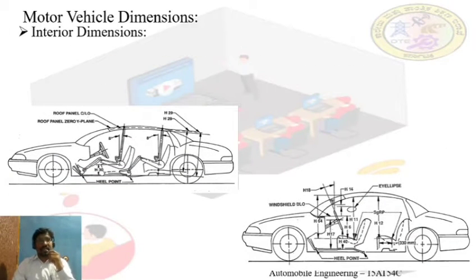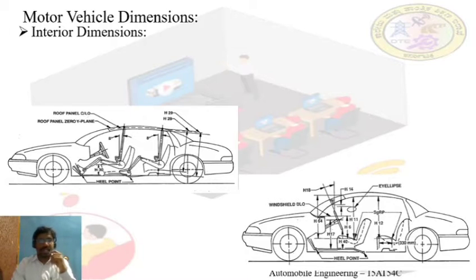If you come to the interior dimensions, it shows the position of the driver as well as the passenger or the second row passenger, their sitting style, sitting position, sitting angle, the distance between the steering wheel and the driver seat, and the angle projected from the flat road surface to the steering column. All these are much more important criteria while measuring the distances inside the passenger cabin.